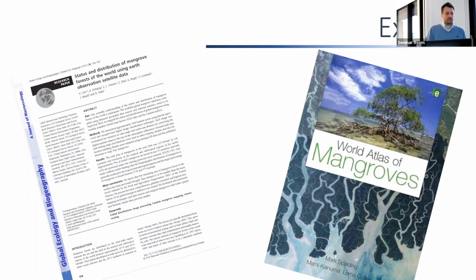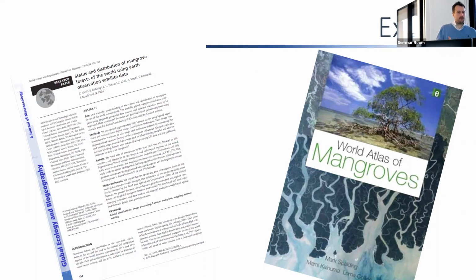But there was a step change in 2010 with two, mostly remote sensing based, products. On the right of your screen is the World Atlas of Mangroves that was put together by Mark Spalding, who's my supervisor. And it's a composite extent map using remote sensing and visual interpretation for around the year 1999 to 2003. On the left is a paper by Chandragiri, which was the first globally consistent remote sensing based map for mangroves at 30-meter resolution, and it's for the year 2000. And these really provided the basis for a lot of further work that we can start to look at.